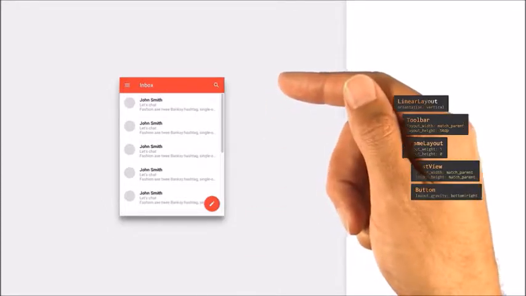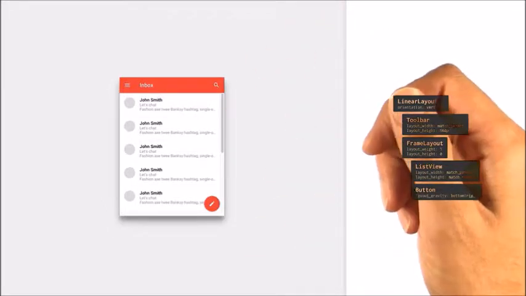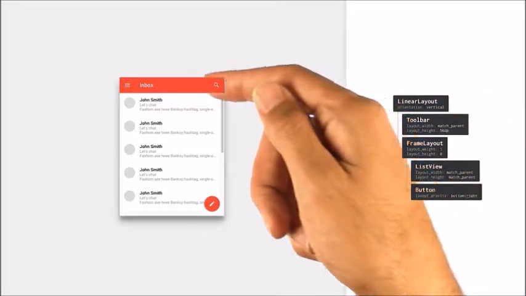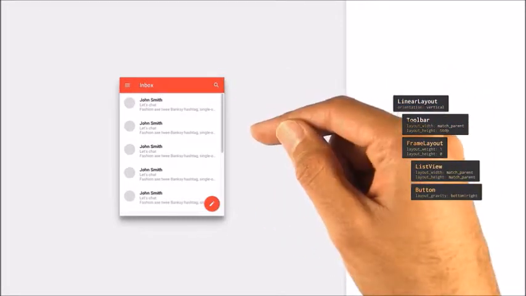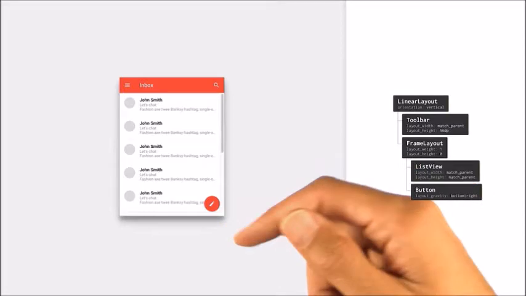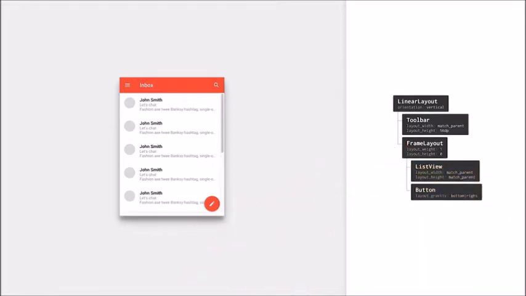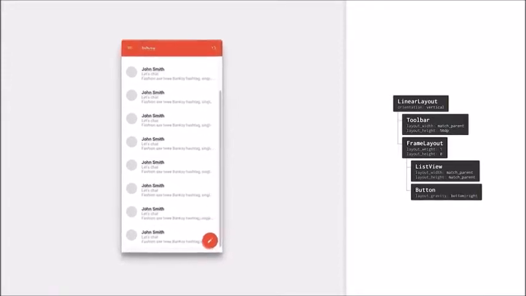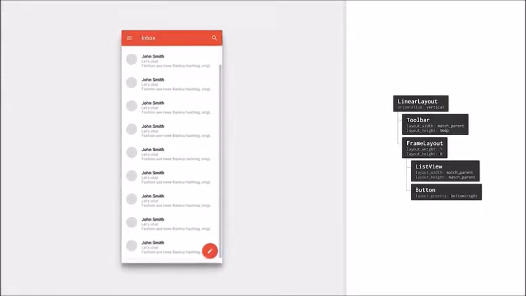use a linear layout. Now, the red toolbar at the top, which we'll go into a bit later on in the course, is going to have a fixed height, and the second view in the linear layout, whatever that is, should take up the remaining space. Here you can see if I stretch it out, the red toolbar remains the same height, but the list expands to fill the space. So the way we do that is we set a weight of 1